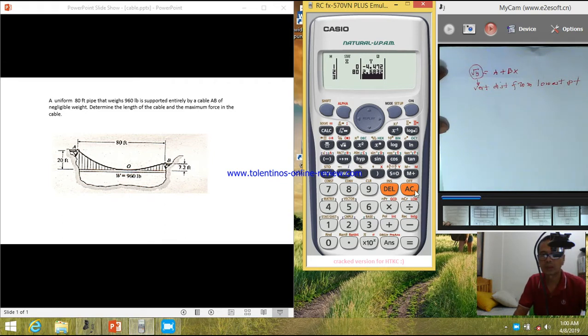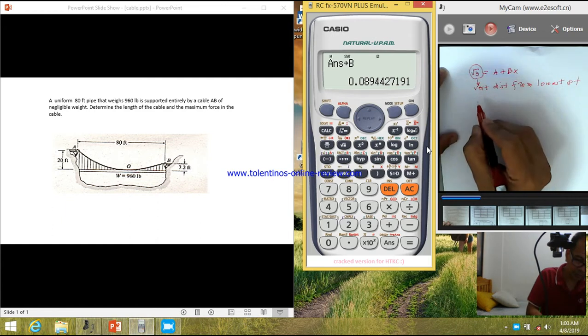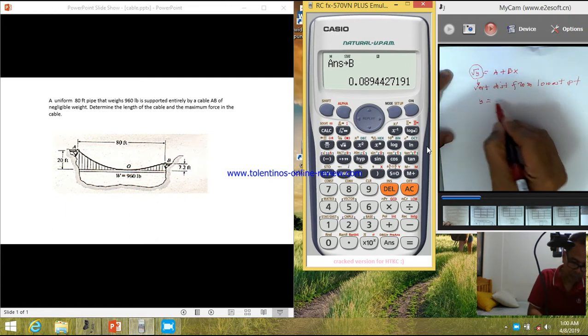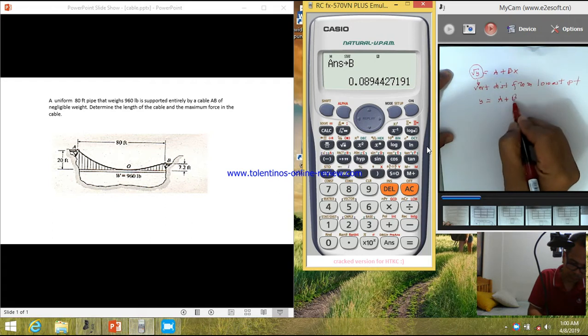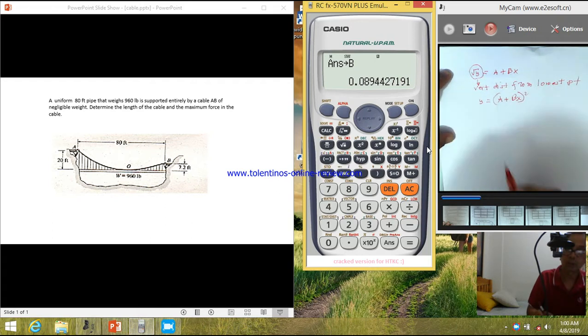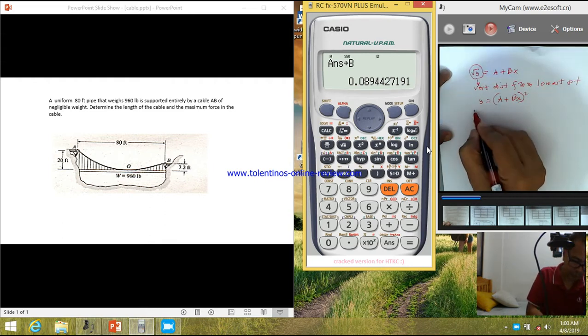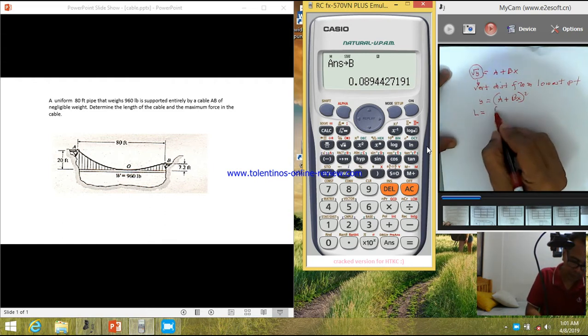Then get the value of A, shift 151, store it to A, and get the value of B, shift 152 equals, store it to B, and therefore we have the equation of the parabola as y equals (A plus Bx) squared. To get the length, it is just equal to the integral of